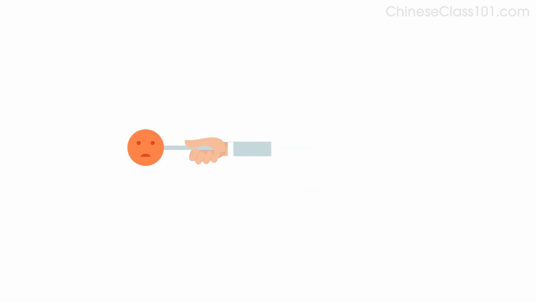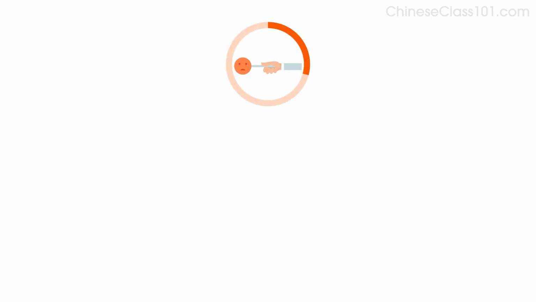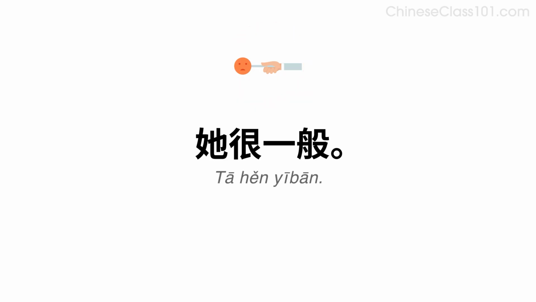Now imagine she's so-so. Do you remember how to say so-so? 一般。 Say, she's so-so. 她很一般。 Now, answer the question saying she's so-so. 你妈妈怎么样？她很一般。